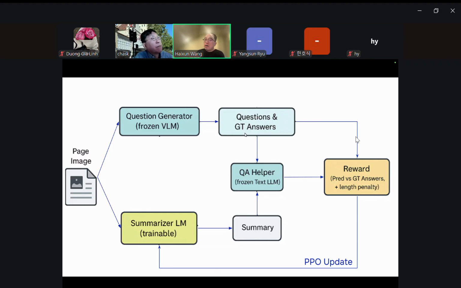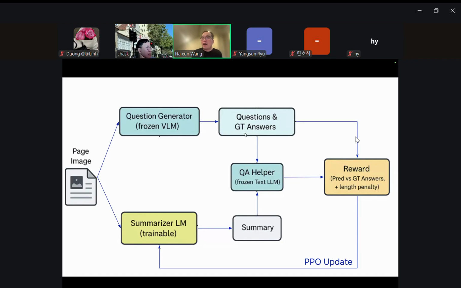Then, based on the answer to the question, because we know the ground truth, we can compute whether the answer is good or not, and the result will be used as a reward in this PPO process to train the summarizer large language model. So this is basically the process.